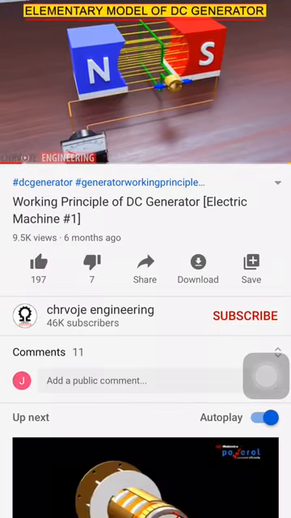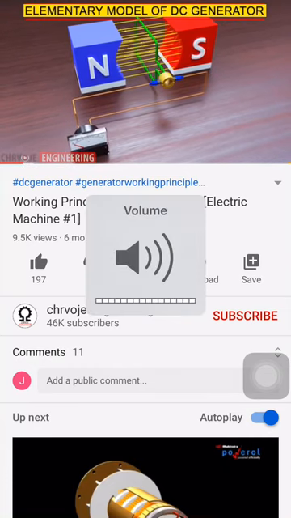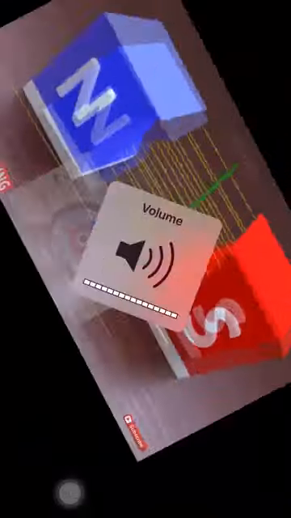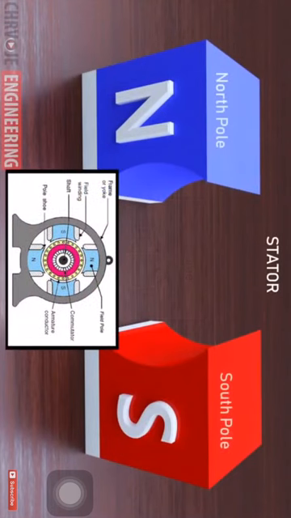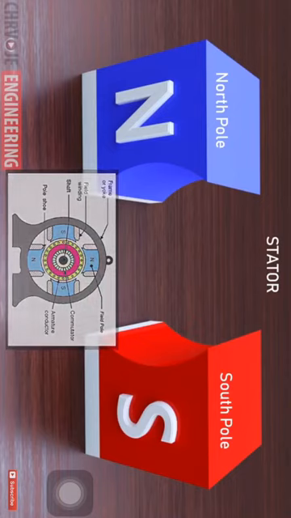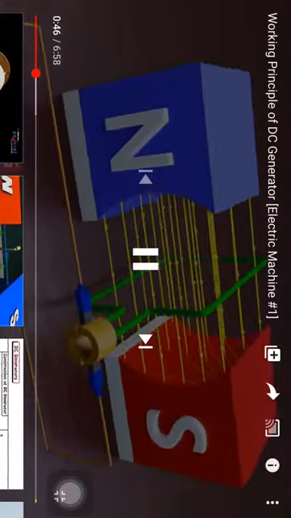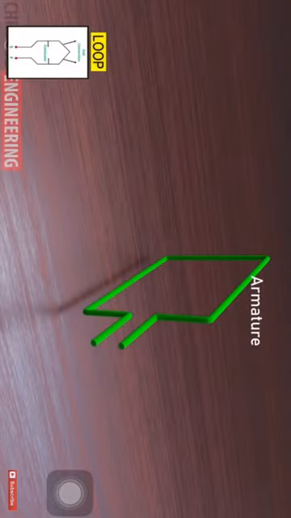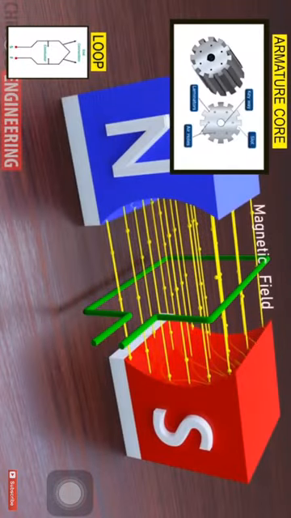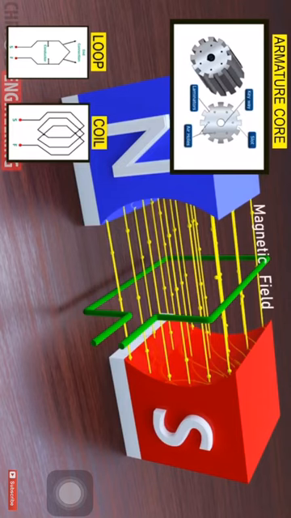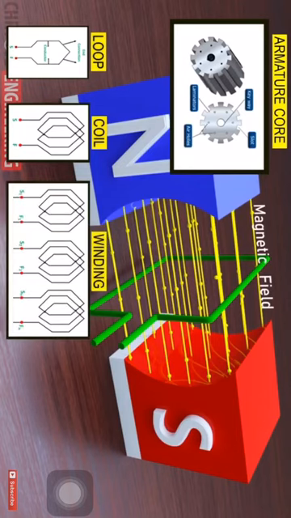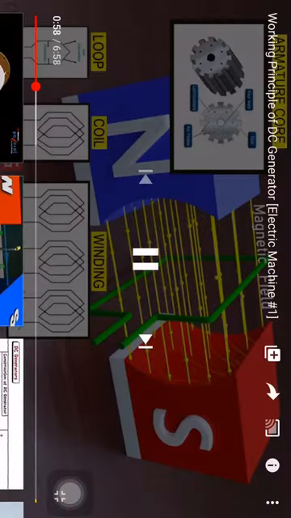As you can see, the configuration of a DC generator is pretty simple. The stator is a fixed part of the DC generator. The stator consists of permanent magnets, 2 of them north and south poles, which are placed to fit around the rotor. The main function of the stator is to provide the magnetic field through which the rotor or armature coil is rotated. Armature loops are generally placed in slots of the armature core. The armature coil is formed by connecting several loops in series. Armature winding is formed by connecting several coils in series.